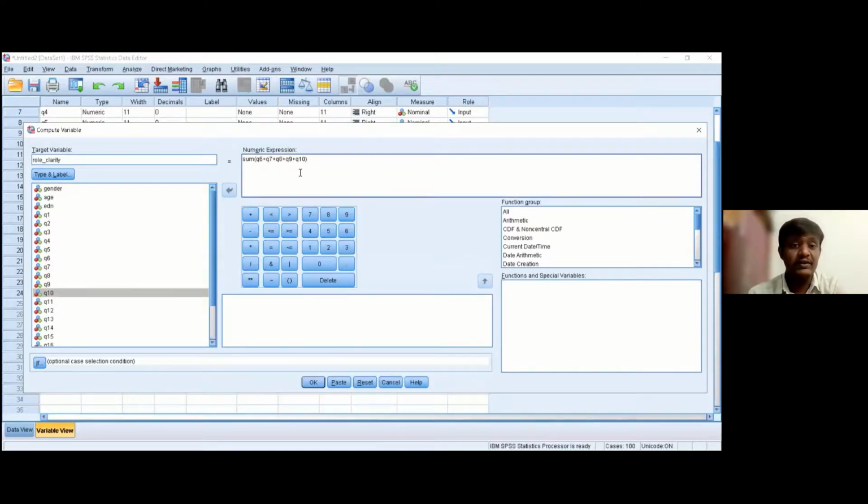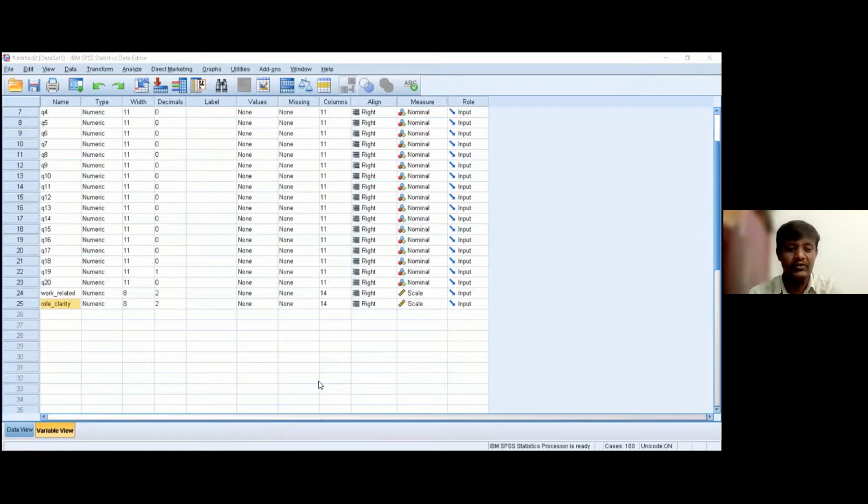One thing we need to keep in mind is that we have to select only from this available list. We should not type it manually. People may feel comfortable typing, but when you type the question numbers, that will not work. It has to be selected from this available list only. After selecting the variables, close the bracket and click on OK. Again, you will get the same output, no issues. That is just a confirmation for us.